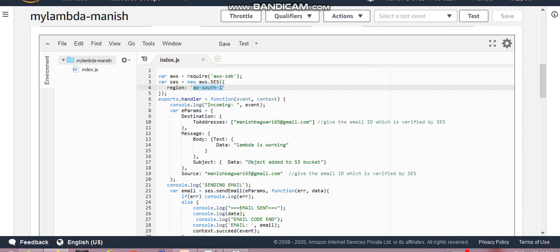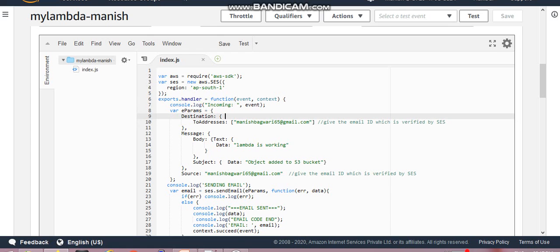Now you have to write your handler function, which will accept the event that comes when you upload something. In our case, we are uploading a document to the S3 bucket, so that event will be captured here. Now you provide the to address.